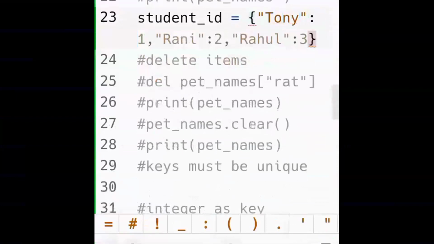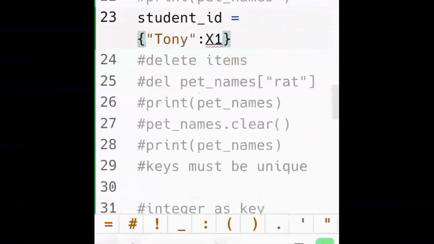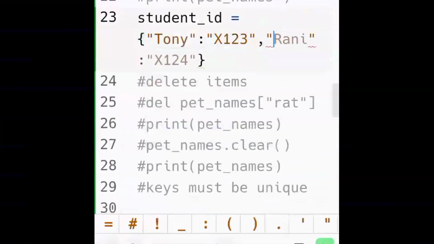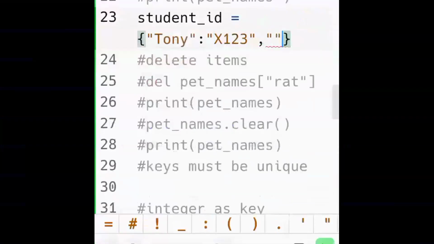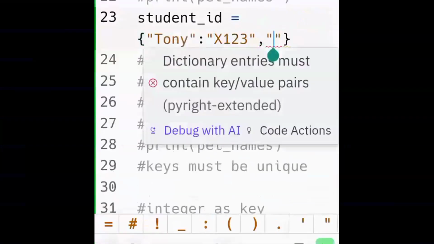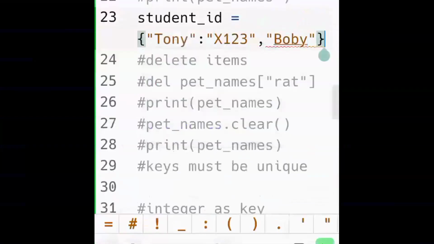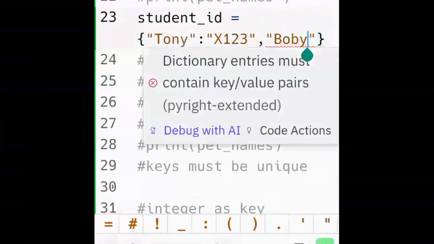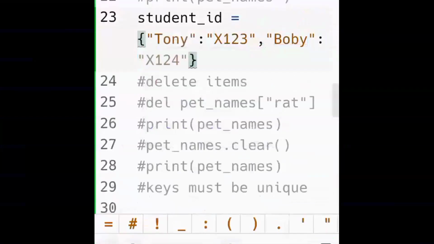So here we are making another dictionary. We call it student ID. So like some names and then the ID number. One student's name is Tony and the ID number is X123. Another student is Bobby with X124 or whatever, just for example's sake.